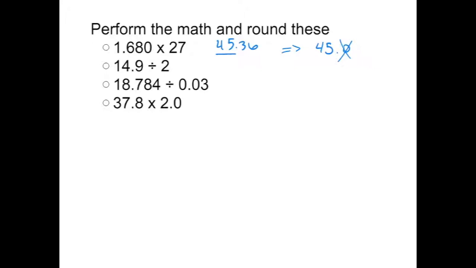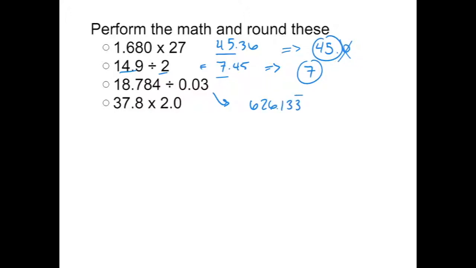This next one is 14.9 divided by 2 is 7.45. Now again, I round my answer based on the lowest number of significant figures. This is 3, that's only 1, so my answer rounds after the first sig fig. 7.4 just rounds down to 7, and that's my final answer. So I'll circle the answers here. This next one, 18.784 divided by 0.03 gives me